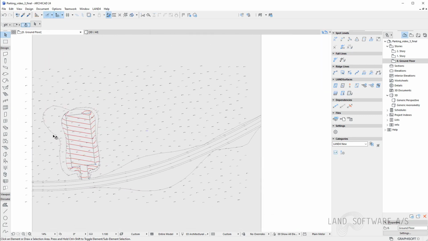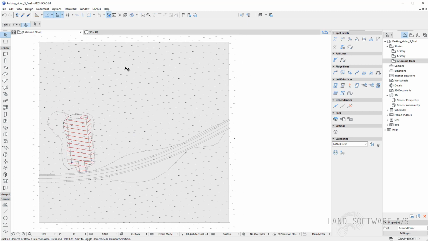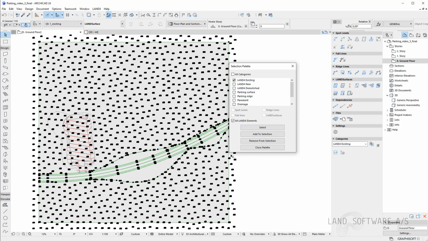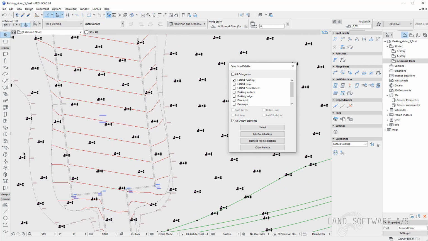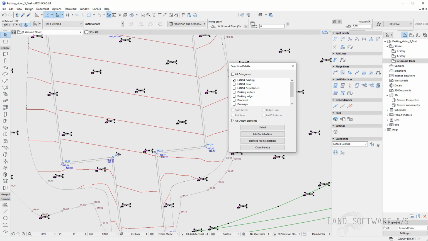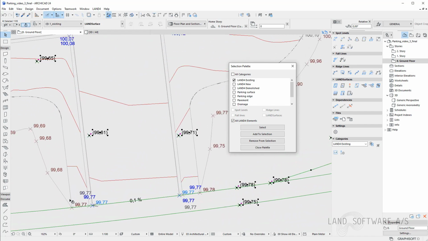And that is basically I want to use all the features of the existing terrain. I want to copy them all into the new terrain. So I will, again, with the selection palette, we can see all Land4 existing elements. And we can see we have, again, the road and all the spot levels, except the spot levels and ridge lines of the new terrain or the construction site.